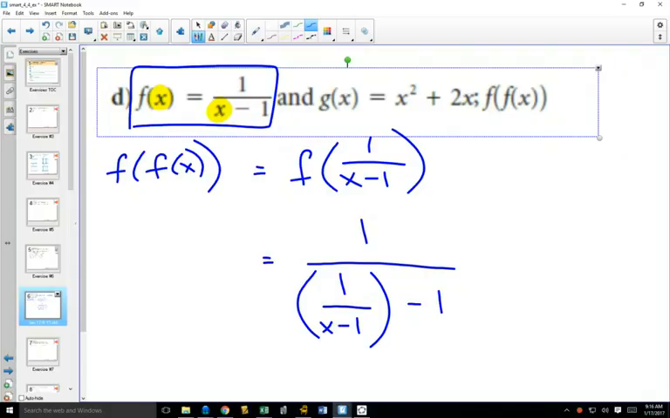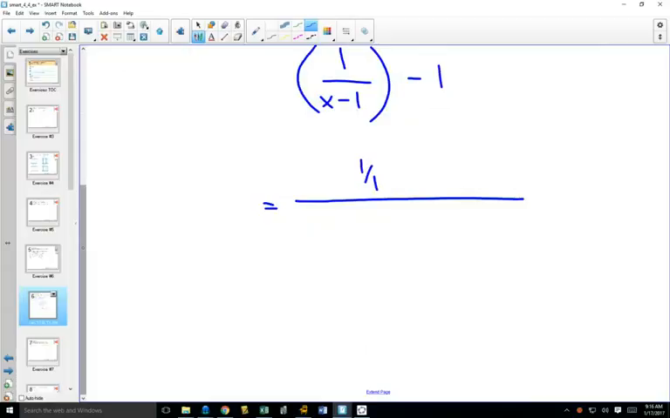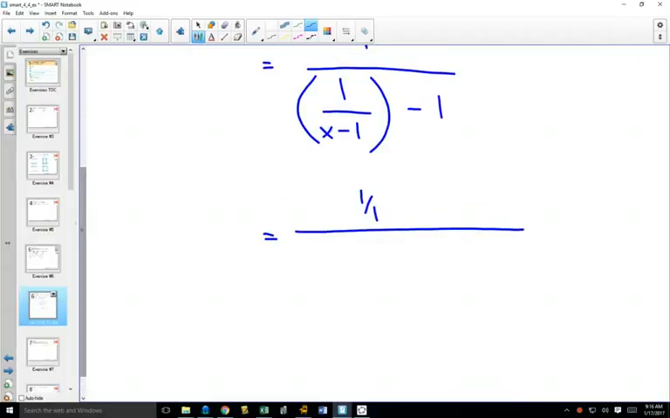We try to get a single fraction on the top, and we try to get a single fraction on the bottom, because then we have a fraction divided by a fraction, and you can multiply by the reciprocal. Can you see that on the top of our fraction, we already have a single fraction? We could call the top 1 over 1. But on the bottom of our fraction, we have 1 over x minus 1